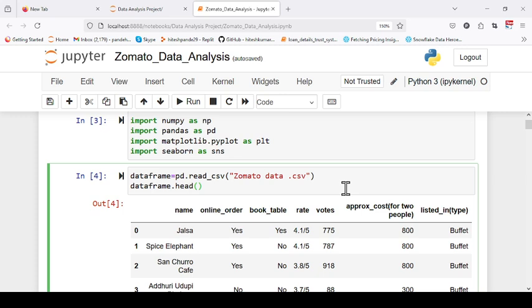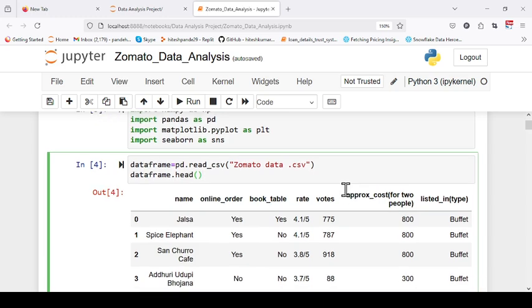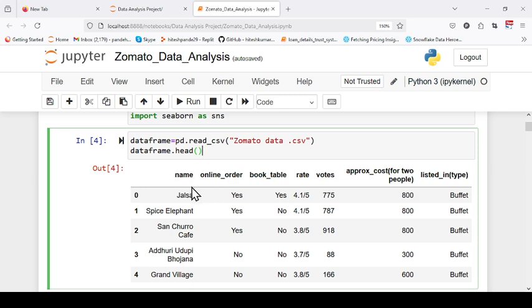Under the read_csv function, we are passing the name of the dataset file, which is Zomato data.csv. It is a comma separated value file, as you all know. We have created a data frame, and with the data frame we are using the head function, which retrieves the top 5 records by default. So what the data frame shows is the name of the restaurant,